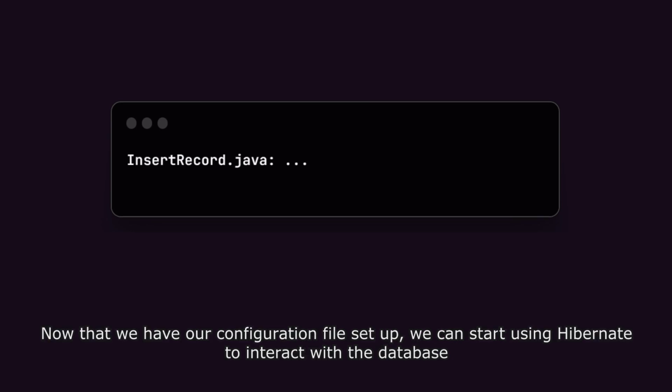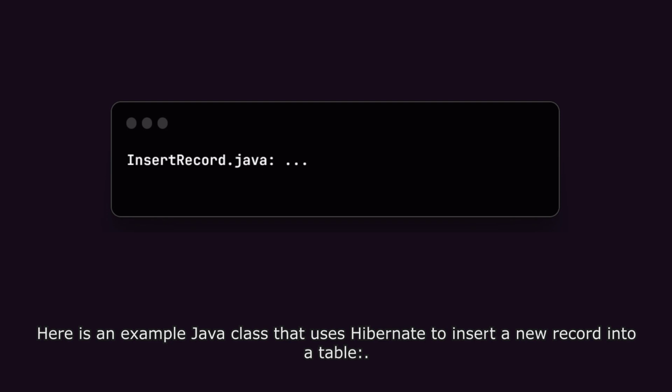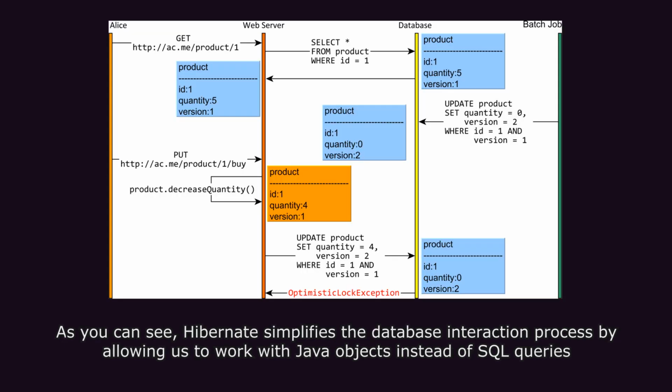Now that we have our configuration file set up, here is an example Java class that uses Hibernate to insert a new record into a table. As you can see, Hibernate simplifies the database interaction process by allowing us to work